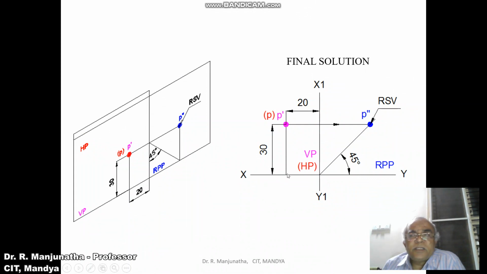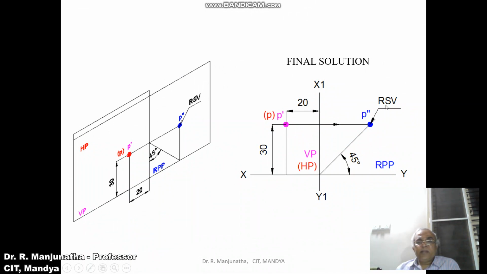And then you measure the distance which is above HP by 30 mm. So from the XY line you measure 30 mm above HP, so the image will be on VP, and you are going to get this P dash. And then the distance behind VP can be seen in HP. HP is also the one which is rotated by 90 degrees, so both are going to overlap because the distances are equal, which is 30 mm above HP and 30 mm behind VP. Since both P dash and P are overlapping, P is the one which has been rotated, so you keep it in brackets. Then in the side view, you can see both the front view distance and the top view distance. So you take the front view distance of P dash of 30 mm to the side view, wherein here is also 30 and here is also 30.